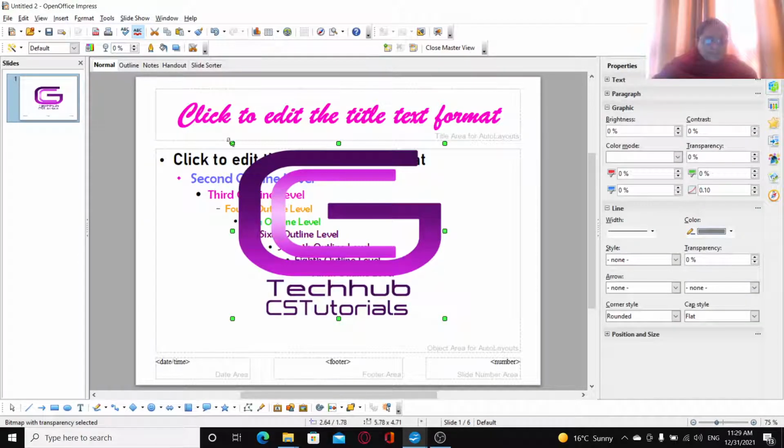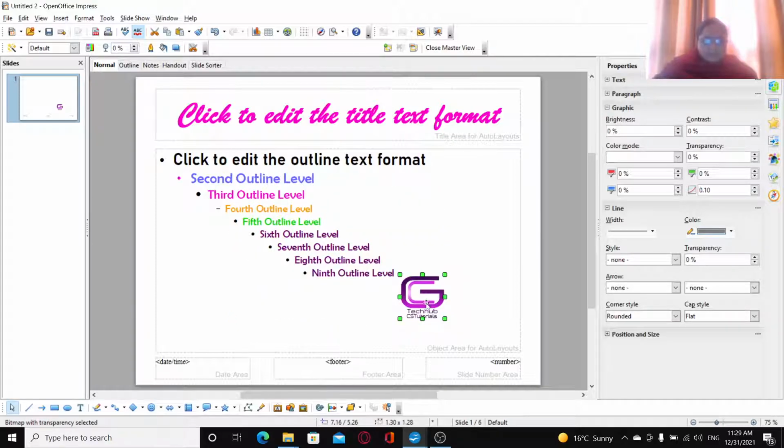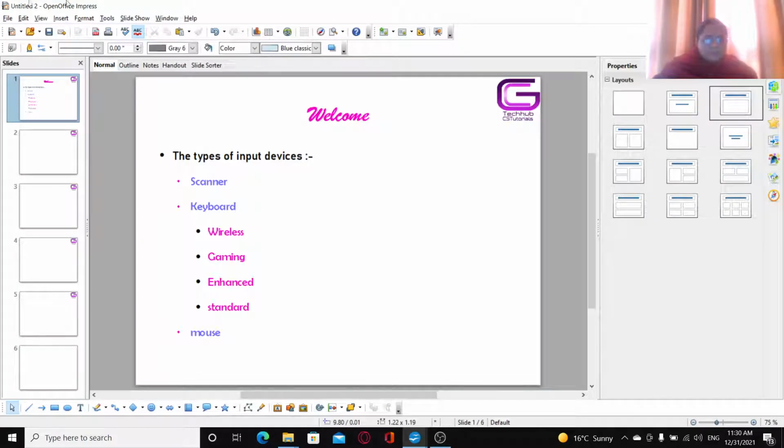It gets inserted. All I can do is resize it to the size which I want and place it at the corner. And I'm going to close the master view. Save the presentation.